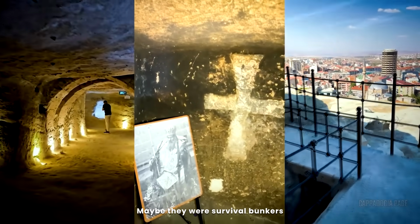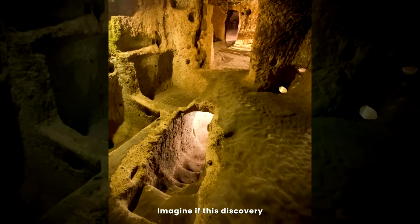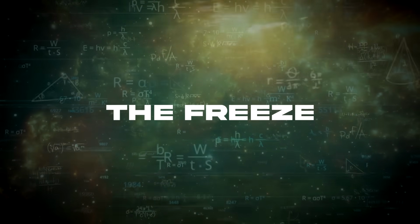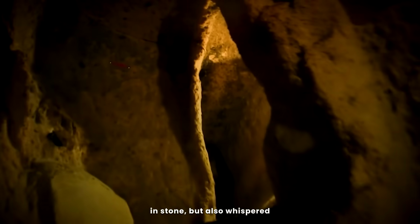Maybe they were survival bunkers from a forgotten disaster. Imagine if this discovery, the comet, the freeze, the underground cities, wasn't just carved in stone, but also whispered across